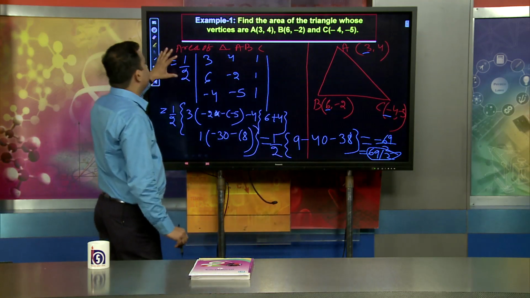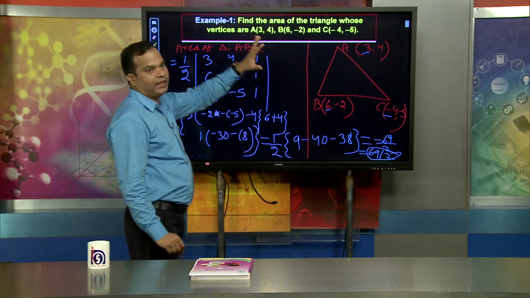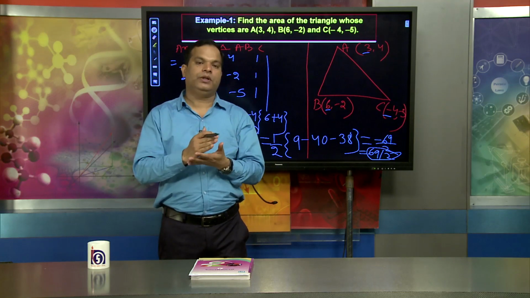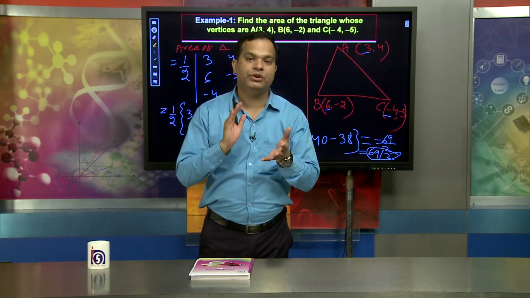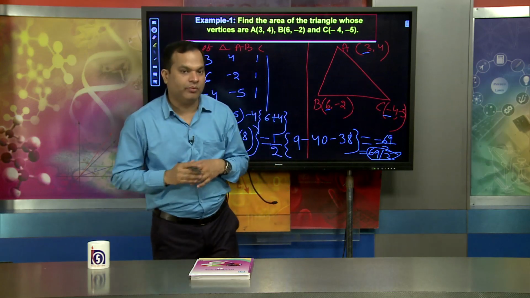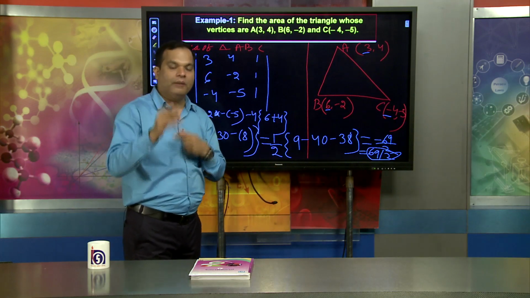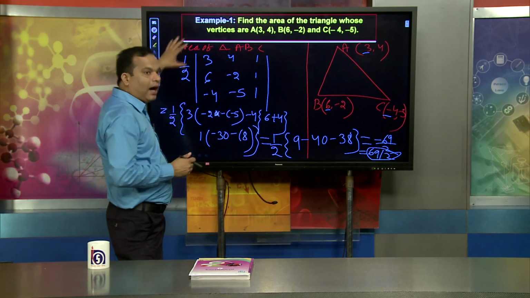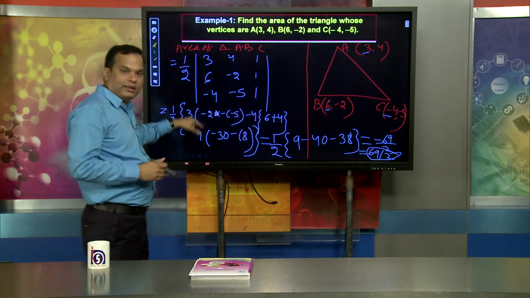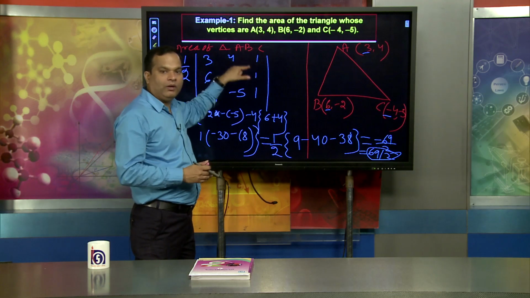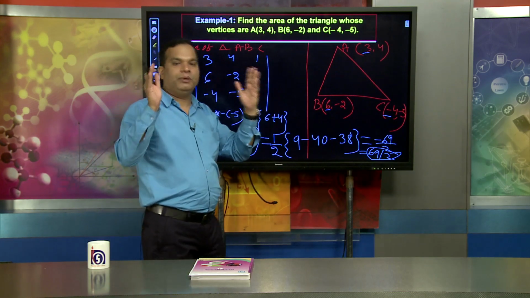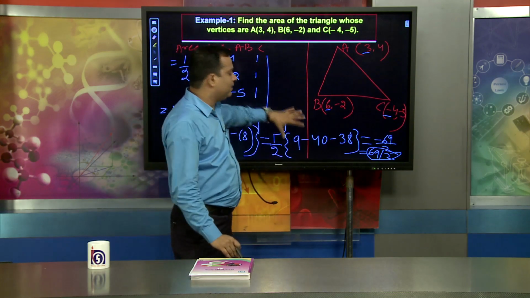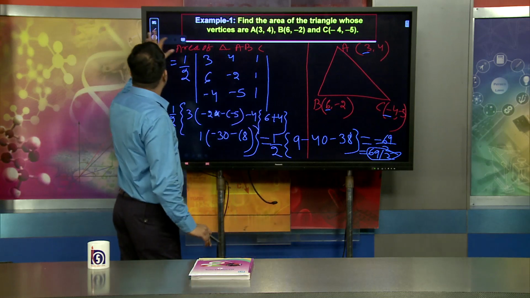That means, when we are talking about the area of the triangle, we must understand the area of the triangle by using coordinate geometry and how we have to use the principle of determinant. That is also very important. We can say it is the mixed formula of coordinate geometry and determinant. Area of any triangle ABC is half of the determinant with rows x1, x2, x3, y1, y2, y3, and 1, 1, 1. When you find the value of the determinant and multiply it with half, 1 by 2, then you will find the area of the triangle. That is very easy also.